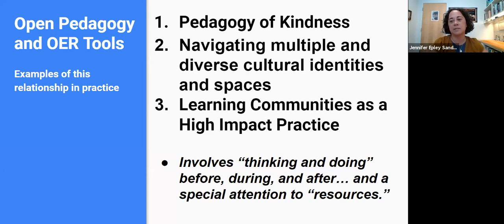But there's an idea that this is an ongoing developmental process, both for the faculty member or instructor and for the students. And so that thinking and doing is important before, during, and after one has a class, as well as paying special attention to the concept and actual measures of resources. What is available, tangible or intangible, to you, as well as to your students.